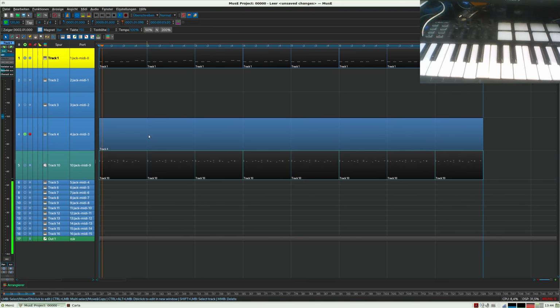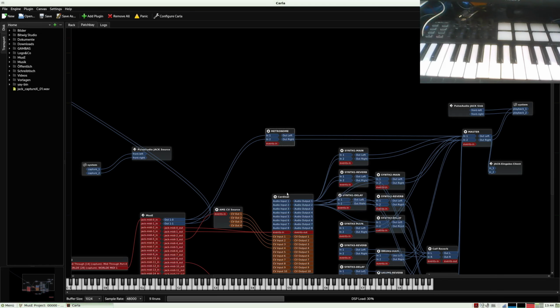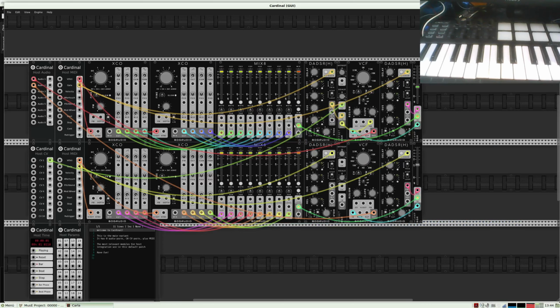Now I've recorded it and can play it, can stop the metronome, go back here to cardinal, and now make end settings for this sounds here.